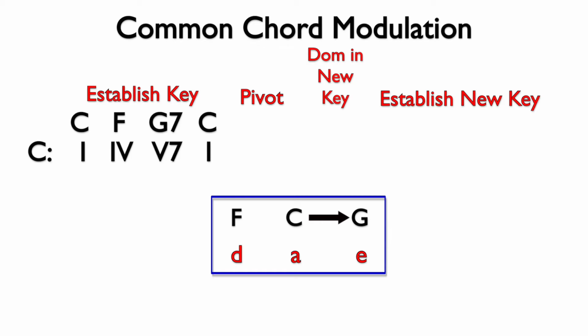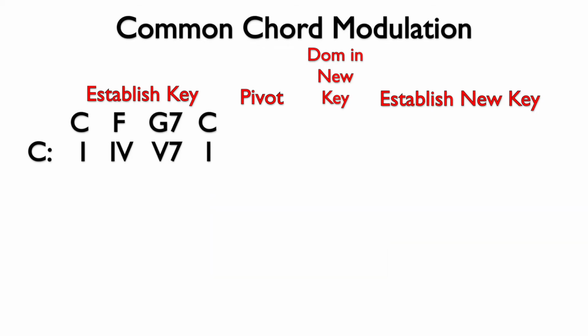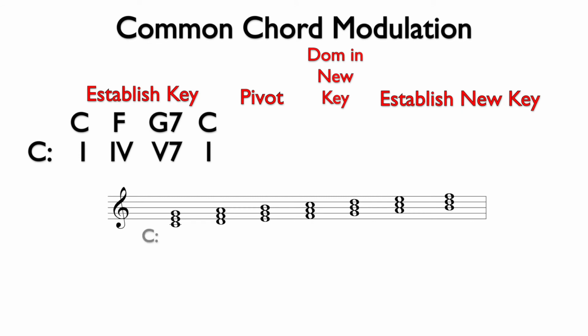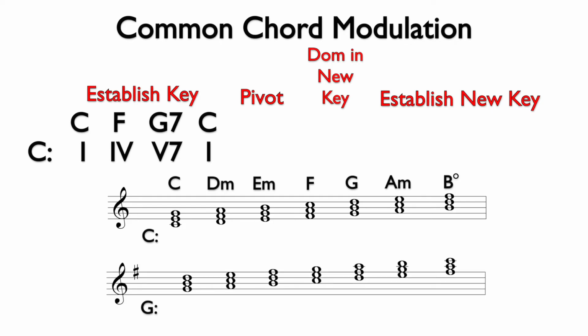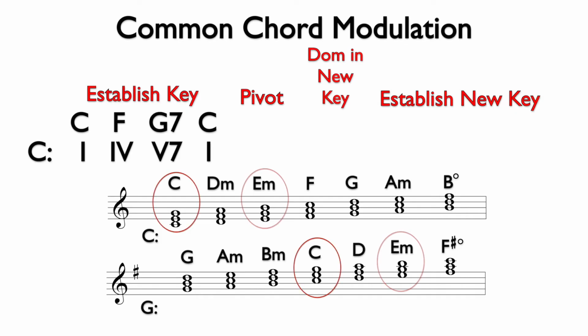Let's examine the triads found in the key of C and G to determine which chords are in common between the two keys. The diatonic triads in C major are C, D minor, E minor, F, G, A minor, and B diminished. In the key of G, the chords are G, A minor, B minor, C, D, E minor, and F sharp diminished. The chords that are in common between the keys of C and G are C, E minor,